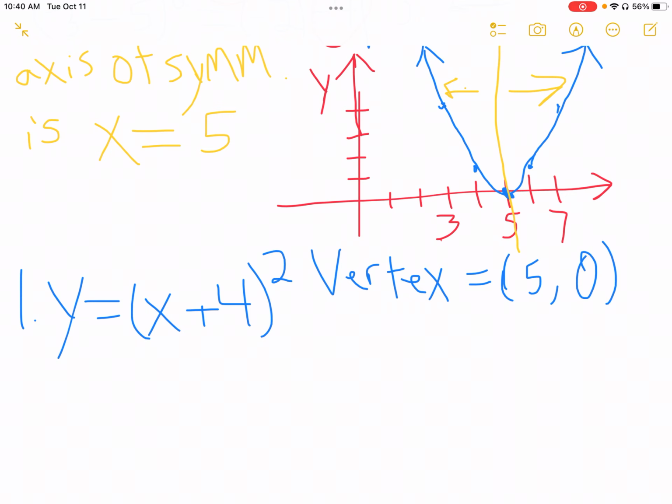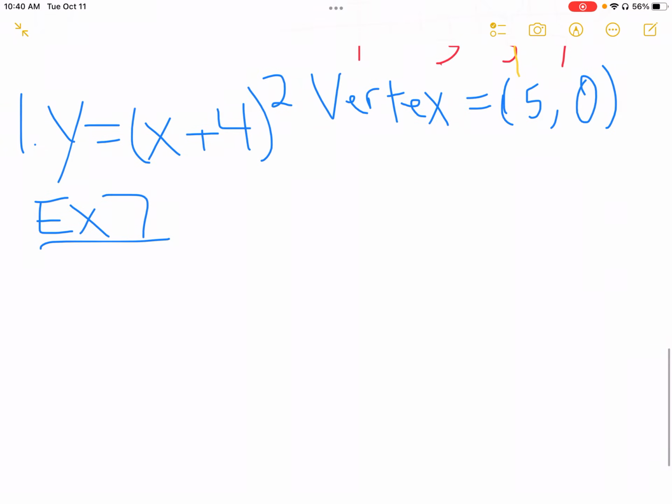Now, if I'm thinking about writing an equation for my parabolas, let's see if they have an example on the first page there. They actually did. They said write an equation for the graph, example number 7. So let's go to example number 7 on that front page. They have a graph here, and let's scroll up a tiny bit. They put a parabola there, and they have a y-axis there. They have an x-axis,